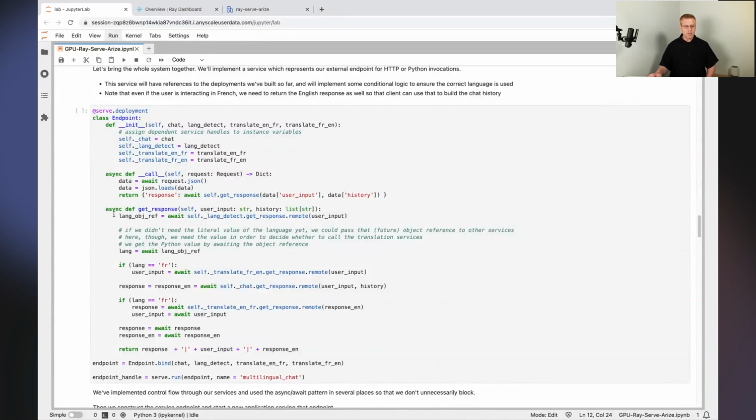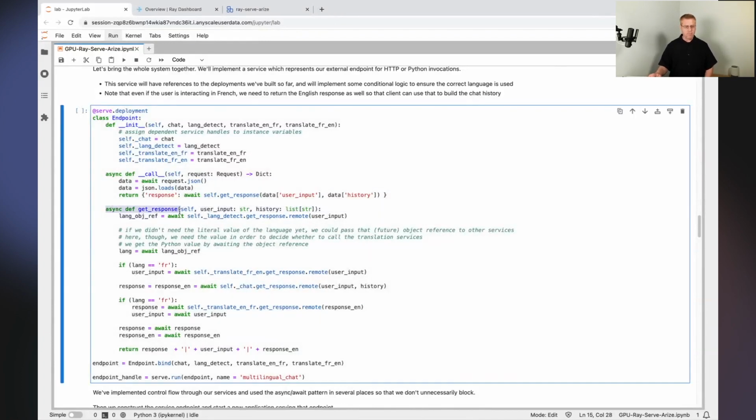Now, the most interesting piece in here, so this is a similar structure to what we saw before, is probably under get response. So we're using the async pattern here. First of all, in a large deployment setup like this, we don't want anything to block unnecessarily. So we want everything to be asynchronous as much as possible. In a few cases, we may need to block in order to get some value that we need to control